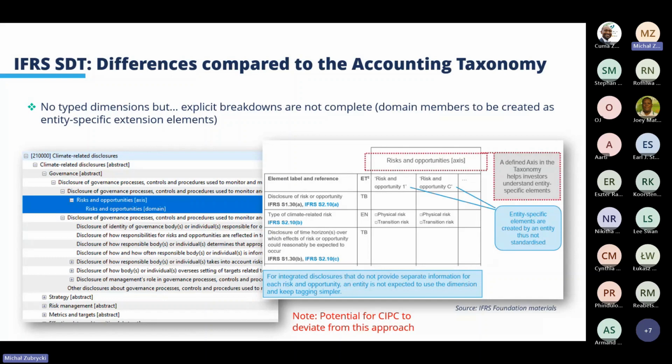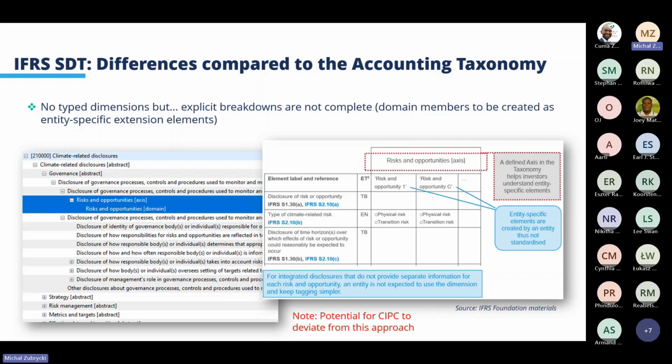The ones that are referred to as explicit dimensions are those dimensions that have a subset of domain members that allow to break down a certain line item, a certain reportable field, based on some sort of a classification. So this is actually one of the most commonly used types of dimension, where the reporting entity is presented with the complete and predefined set of breakdowns that could be used in order